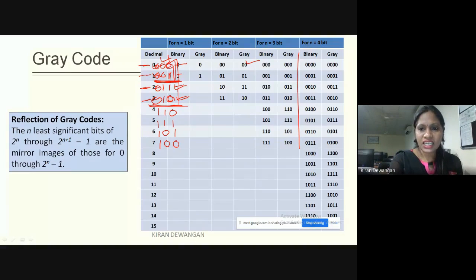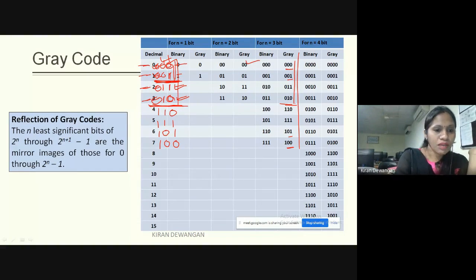We can see the 2 bits. The last 2 bits will be for first one and the last one same. ये second one है और ये second last है. Last 2 bits will be same. What will be different? Only the third bit जो आपका MSB रहता है. तो ये आपका exactly mirror image रहता है for the 2^(n+1) - 1 mirror images.